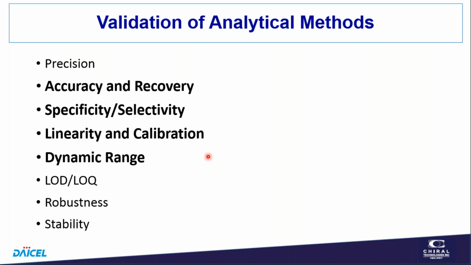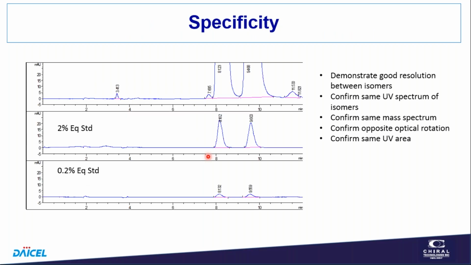And so there may be a few issues just because we're really dealing with a low-level component, but it's no different than we would treat impurities in achiral chromatography. So we want to demonstrate good resolution between the isomers. And as I talked about before, for two major components, that's probably pretty good. It's probably pretty good if we have two low-level components. We might have a problem if we have one high and one low.